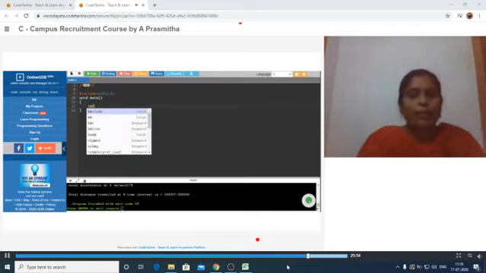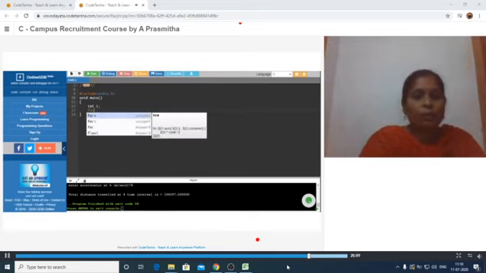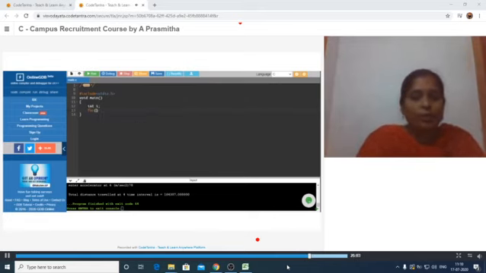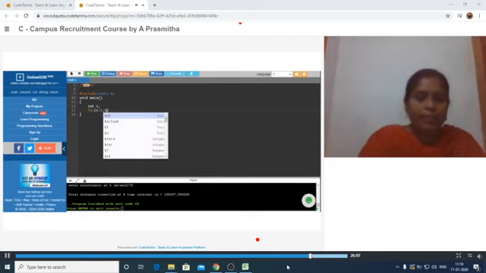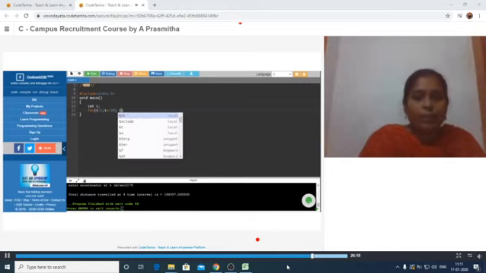I am taking a counter, index number i, and I am using a for loop: for i equals 1, i less than or equal to 10, meaning I want to repeat this loop 10 times, and i plus plus.